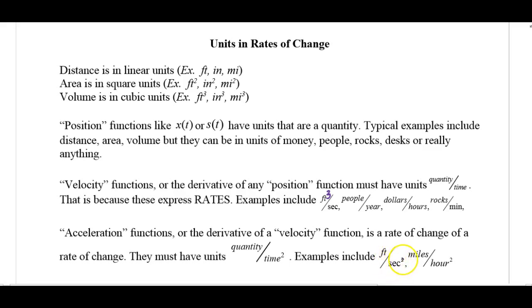So it's important to understand the difference between the time unit being squared and the quantity unit being squared. So I know that I have an acceleration function when my time unit that's on the bottom of this rate is what is squared. So this one up here, when I said feet squared per second, would be a unit of a velocity. So feet squared is a quantity. So this is an area over seconds. This is an example of a velocity, but a lot of people get it confused with feet per second squared,